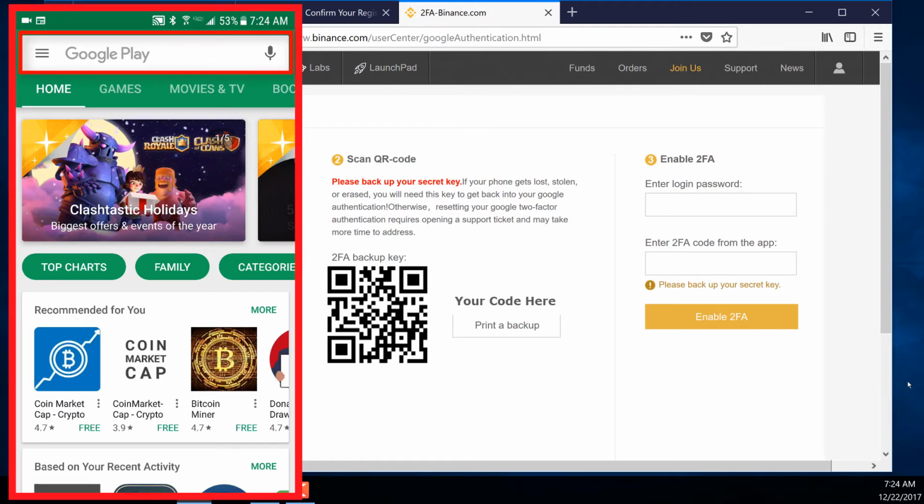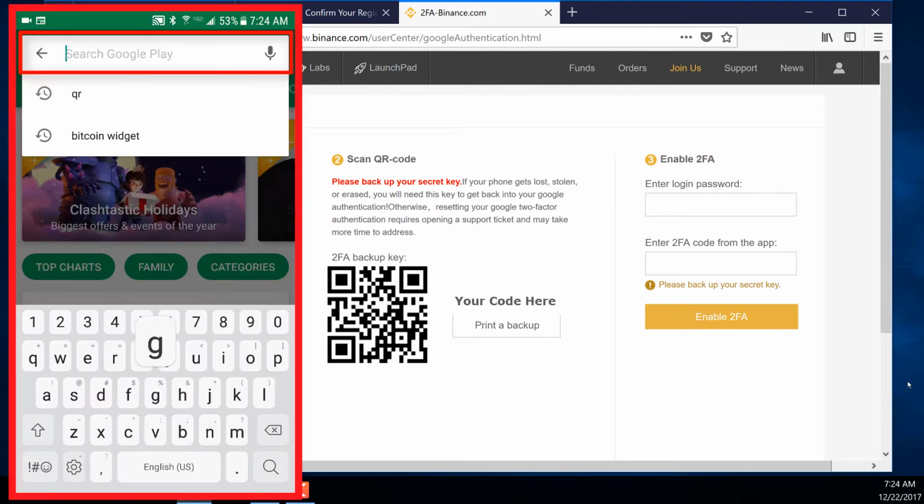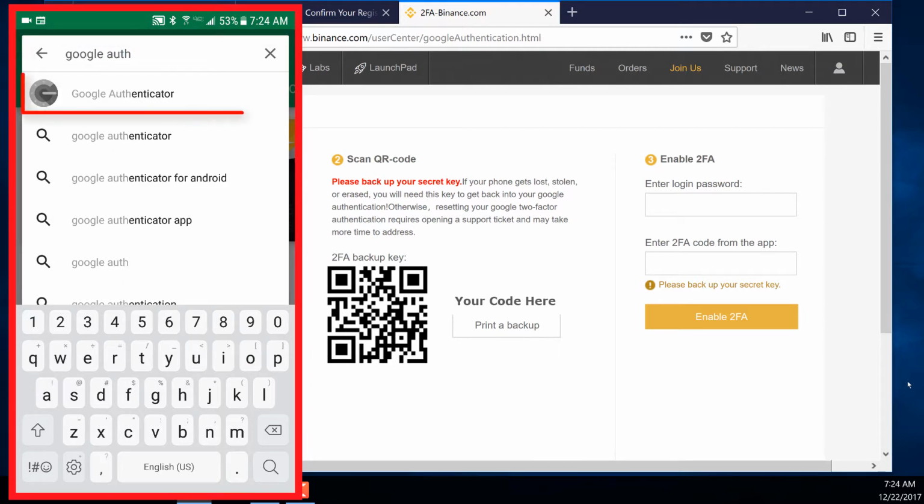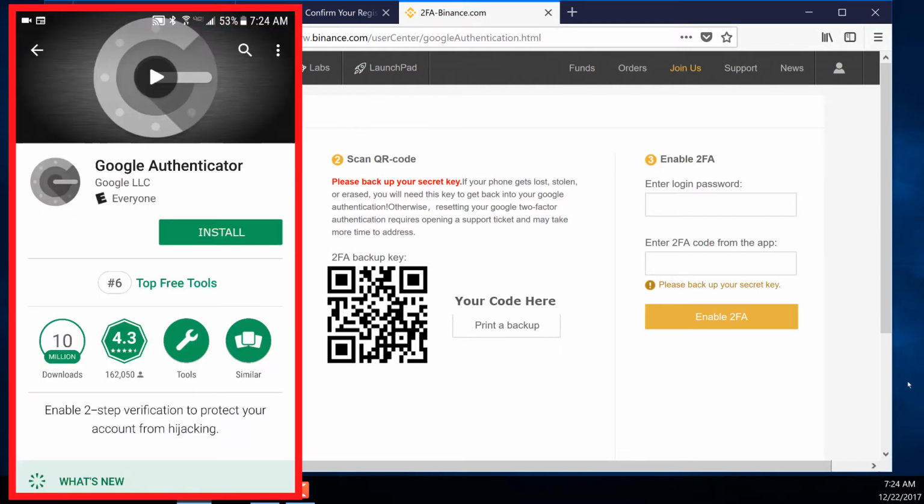Enter Google Auth in the search field and select Google Authenticator from the list. Select the Install button. After installation is complete, select the Open button to open it.